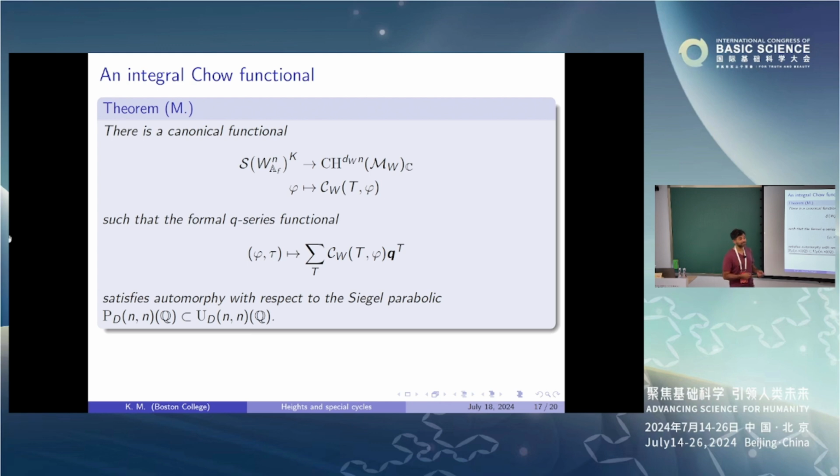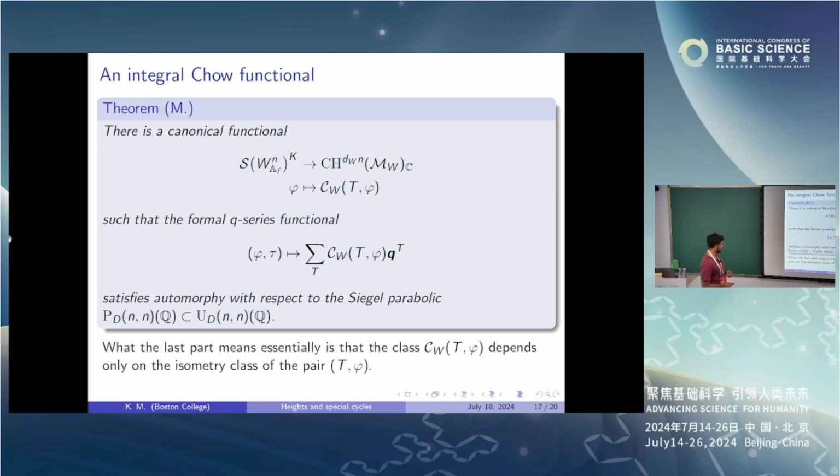Okay, now you can make some conjectures. I'm running out of time, so I'll just say it has some nice properties that you can show. It satisfies automorphy with respect to a pretty large subgroup, but that's not the interesting part. The interesting part has to do with z goes to -1 over z essentially when you want to show modularity. That's the hard part that we don't know how to do. We don't know how to show that this is convergent.